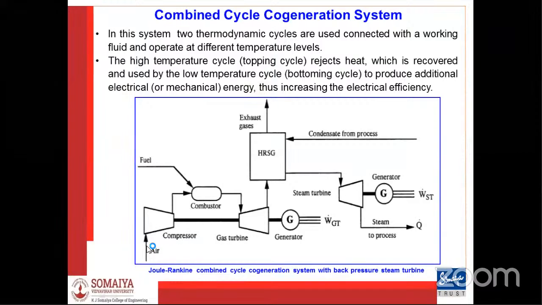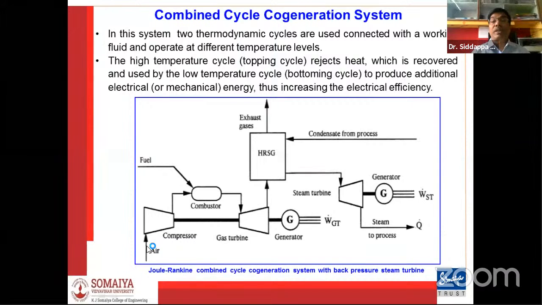Now, in this system, two thermal cycles are used, which are connected together, and they may be operating with different fluids, different working media and different temperature potentials. It may be a combined topping, or sometimes it may be a bottoming. The high temperature cycle rejects the heat. For example, if you take the gas turbine, the heat is recovered and used by low temperature cycles, like you can take it in steam turbines, to produce